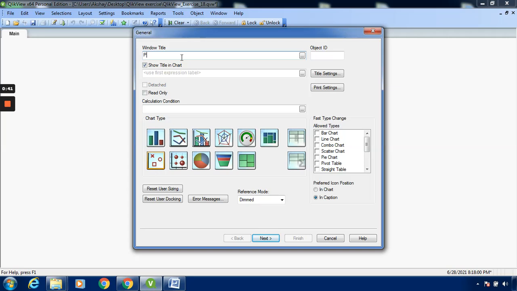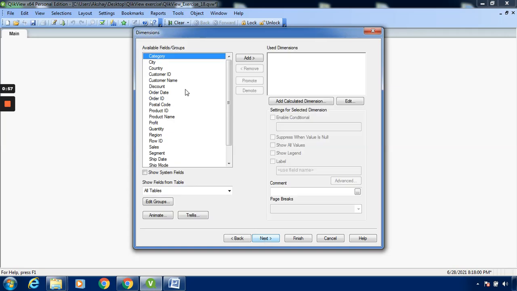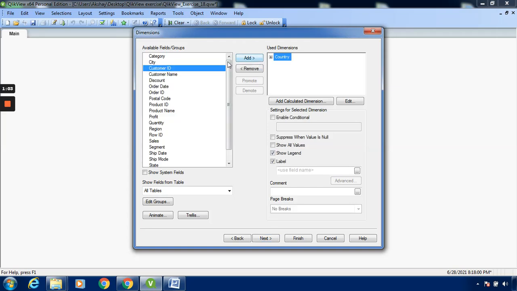Give the window title as profit versus sales. So click on next, add the category country, add it. This is the dimension basically. Then city,